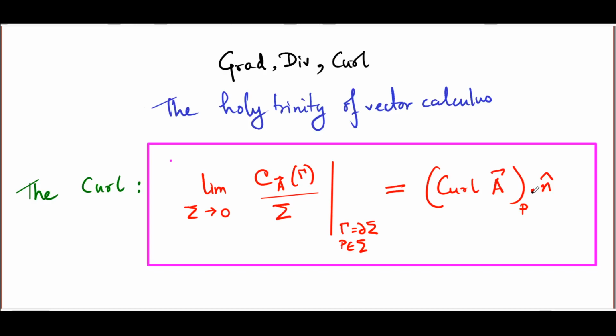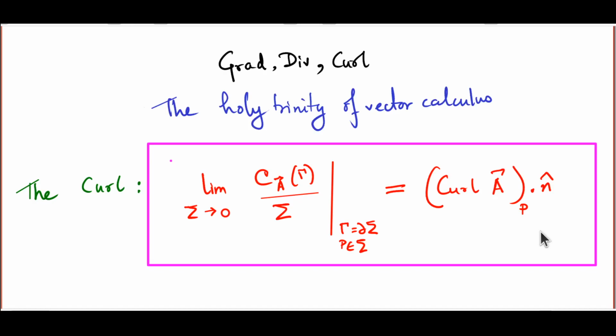In the last lecture, we met the curl of a vector field A as another vector field, curl of A, which was defined basically as circulation per unit area. To be more precise, the definition of curl of A at a point P was as follows. It is a vector whose projection in the direction of a vector n hat is given by a limit. The limit of the circulation of this vector field A